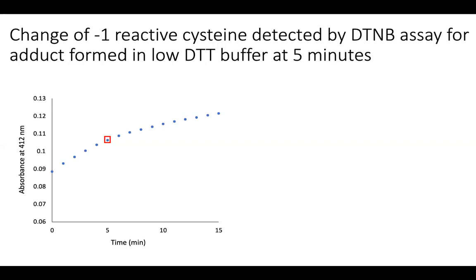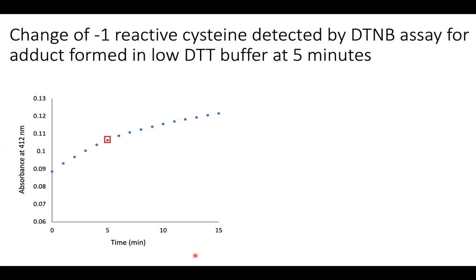So I first conducted a kinetic DTNB assay from 0 to 15 minutes, since 15 minutes is the incubation time used to measure the total number of reactive cysteine residues, which I used in the previous assays I mentioned. And I found that 5 minutes was a good time at which this endpoint could be measured to try to see a difference of one less reactive cysteine residue